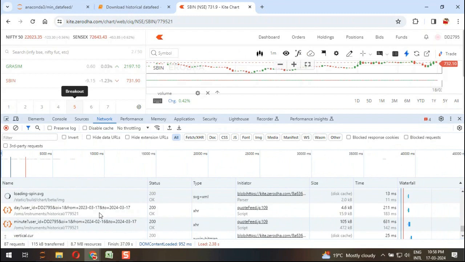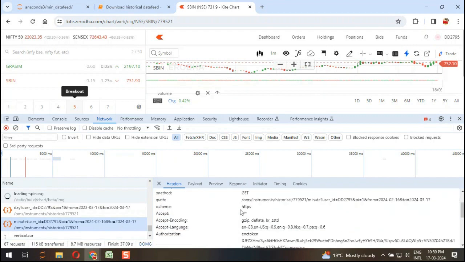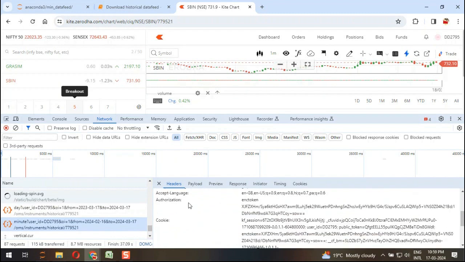Next, search for log related to minutes, as our time interval is set for minute. As you have selected minute log in the network tab of developer window, on the right side, again search for authentication text. Copy its complete value from ENC token till end